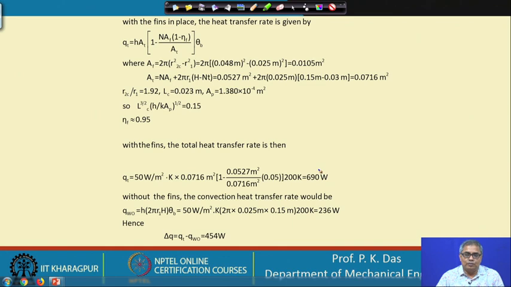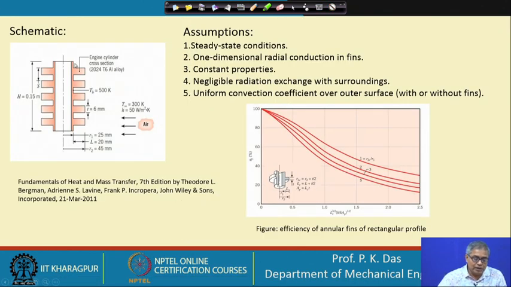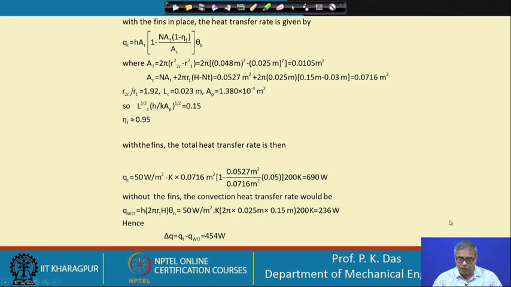Again I would like to draw your attention that fins are, let me go back a little bit. So, here what I wanted to tell you is that heat transfer will be there from the unfinned surface. Heat transfer will be there from the two surfaces of the fins, and then taking all the surfaces of the fins and all the interfin surfaces which are unfinned, the total heat transfer has been calculated. This is very important to understand. And by this calculation how much have we got? We have got 690 watt.